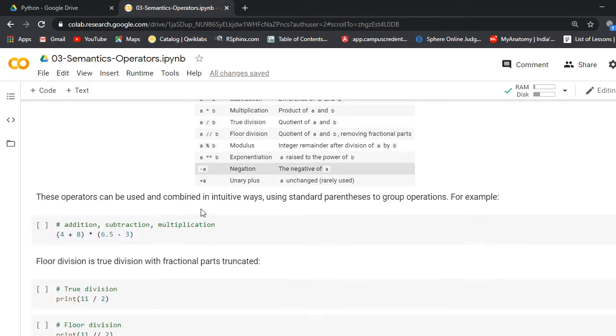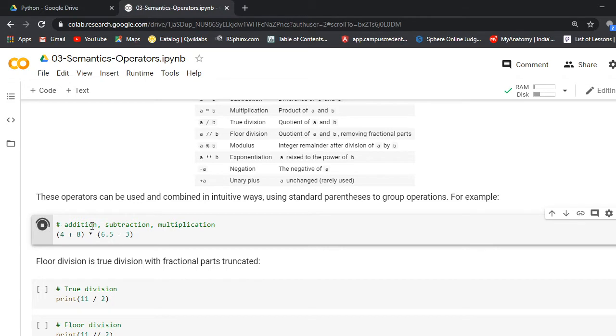So here, first, we are adding 4 and 8, minus 6.5 minus 3, then multiplying that result.